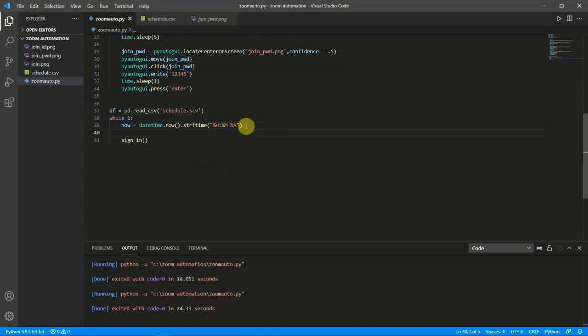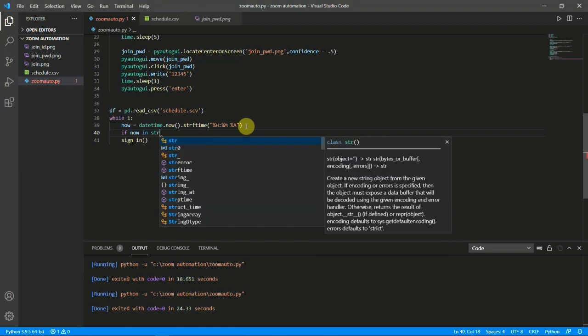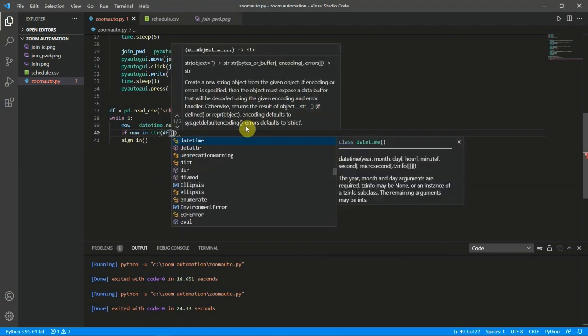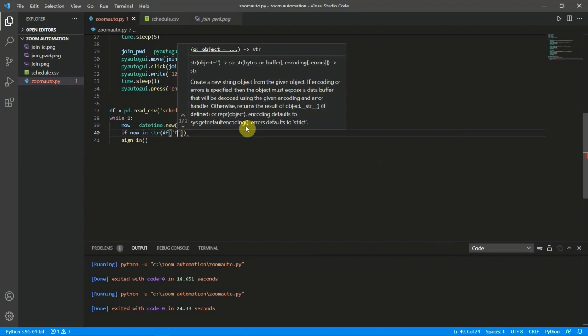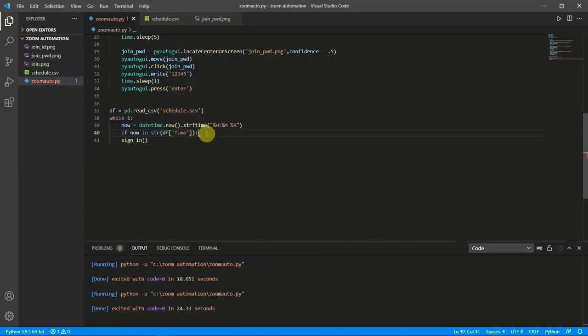After that we will check if now in str(df['time']). So what we are doing is checking if the current time is in this CSV file where the header is time. So we will check the header. Okay, it's a small letter t. We will just write it as small letter t.